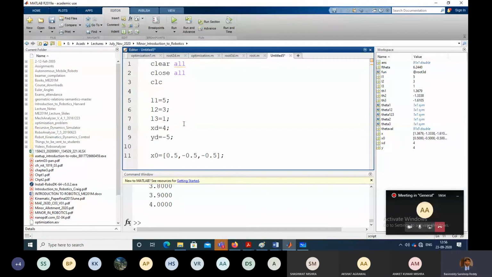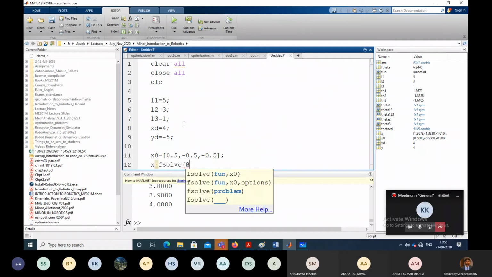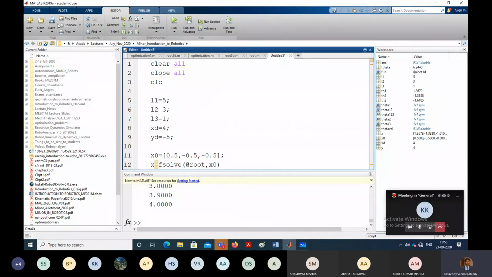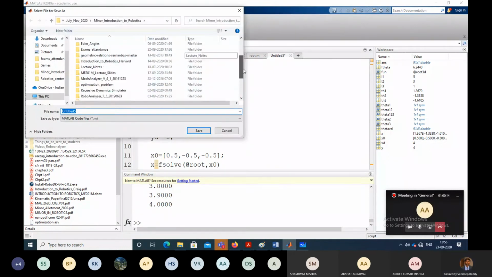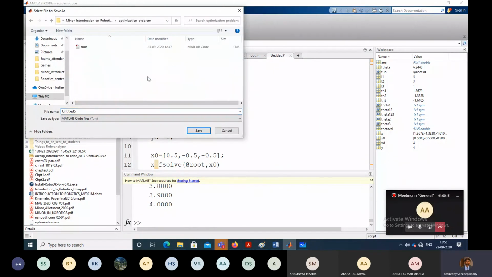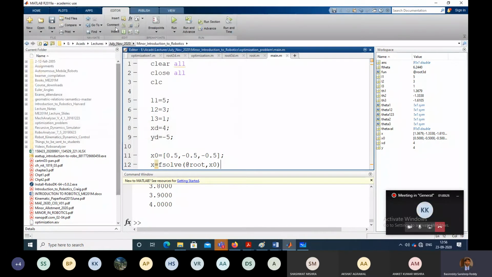And then finally the function that actually solves this, the way to write it is as follows. Now you have to save this also, in the same folder. Just please keep this in mind. You can save it as main, right?